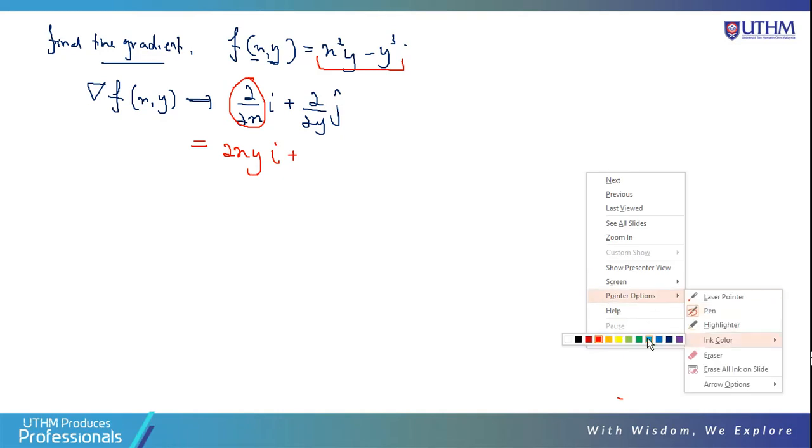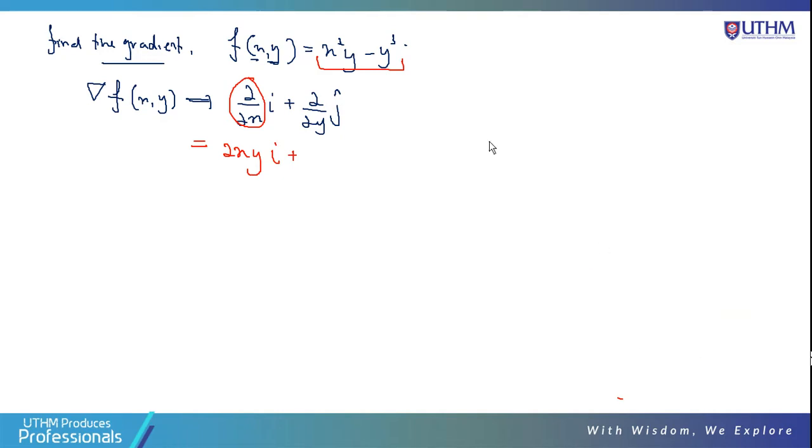I change to another colour so you don't get confused. So this one is with respect to y. So you take everything again, you look at all of this, but with respect to y. So y here, so it's x cos 2y here, minus 3y square j. So this one is the